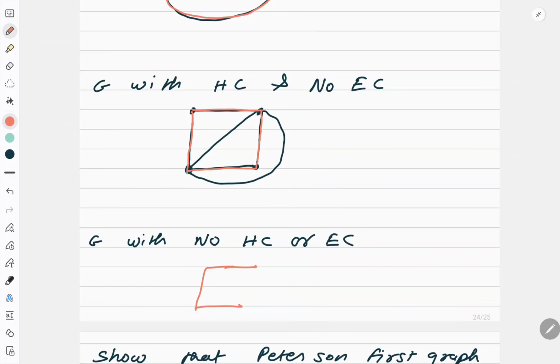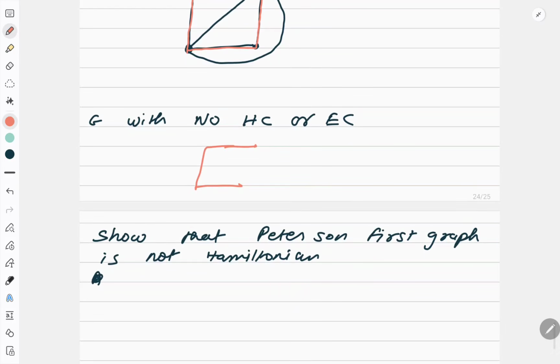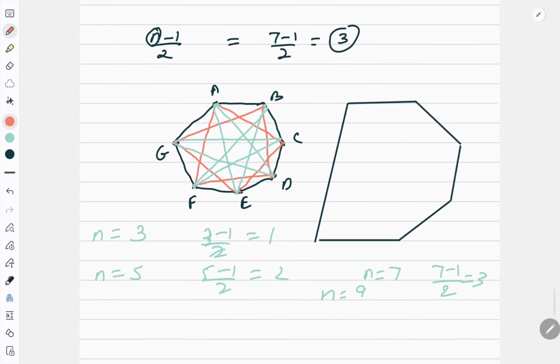So here also I can't complete it, so it is not a Euler circuit also, right? So this is how you should understand and remember the questions. Now there is a very important question. Petersen graph is not Hamiltonian, and as well as one more graph I have drawn, that is also not Hamiltonian. That is a different method which I need to teach you. But before that, let's come back to the properties which we left on the way.